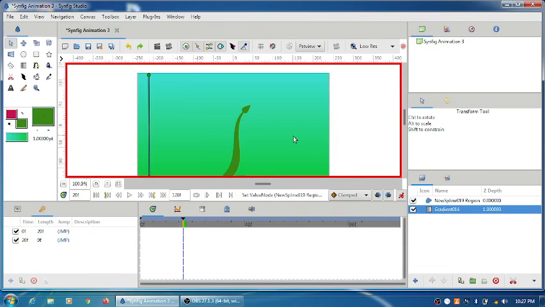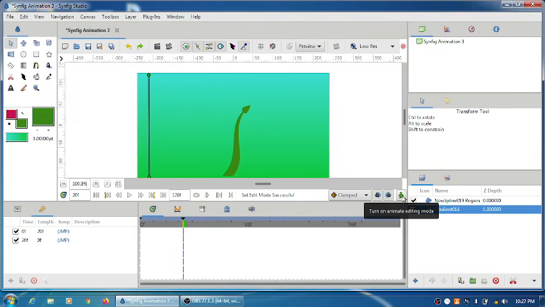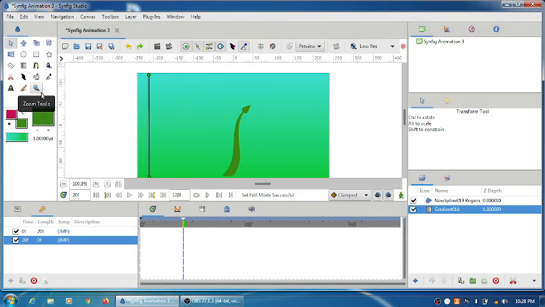So you can see that now it is completely okay. So now I'm going to stop animation here, and on this keyframe I'm going to start creating the petals.